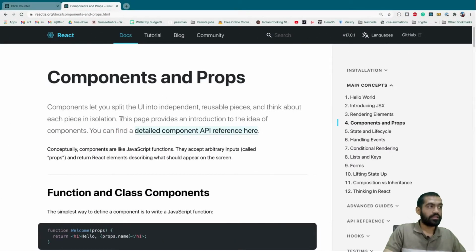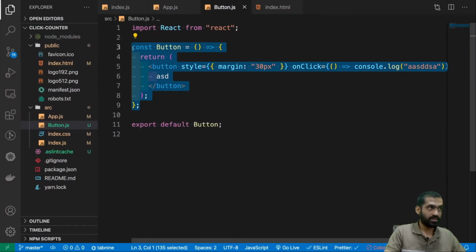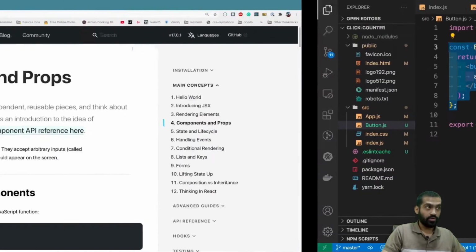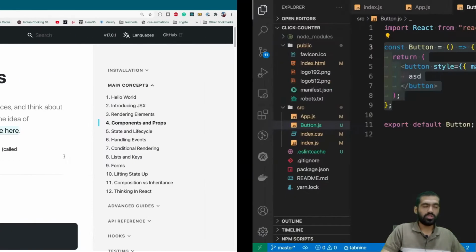Conceptually, components are like JavaScript functions. So this JavaScript function is a component for us, and they accept arbitrary inputs and return React elements describing what should appear on the screen, and these inputs are called props.